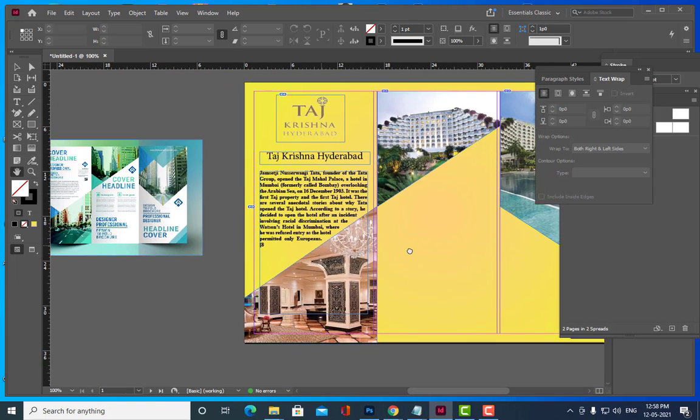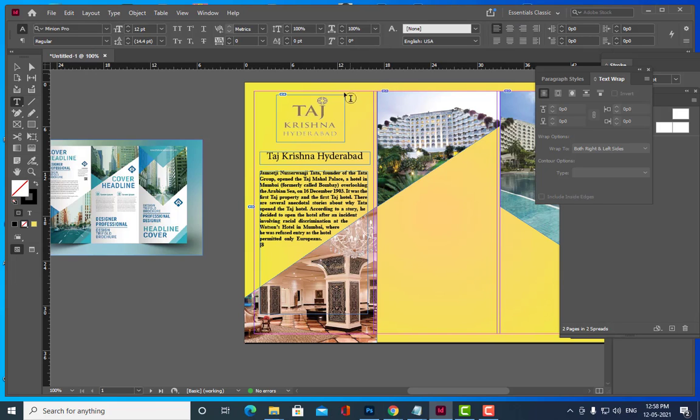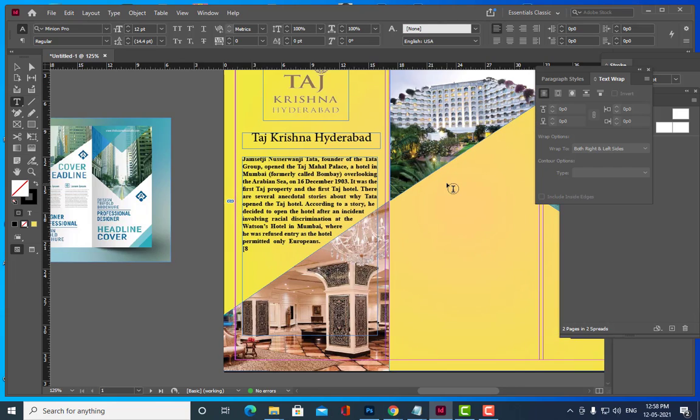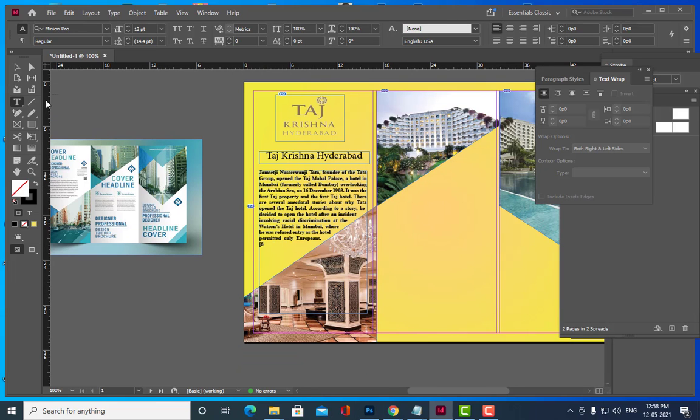So see, what should be the content here? We can put some different content here in the second page. So we can say something like accommodation. Okay, so I am going to create one text here.